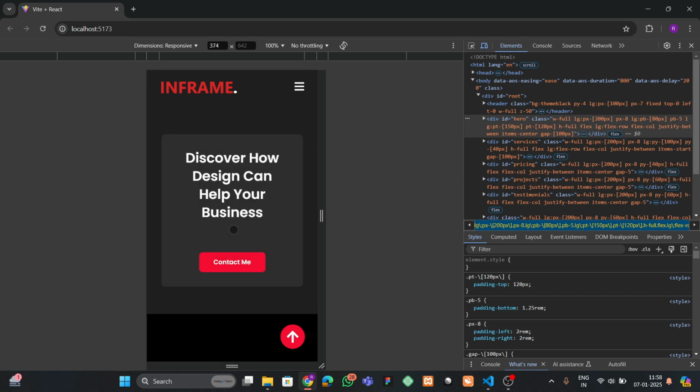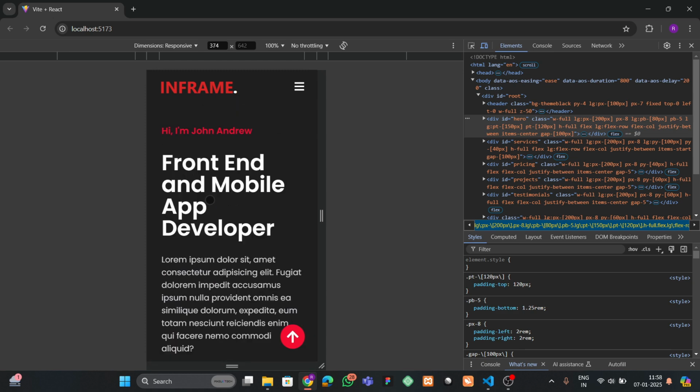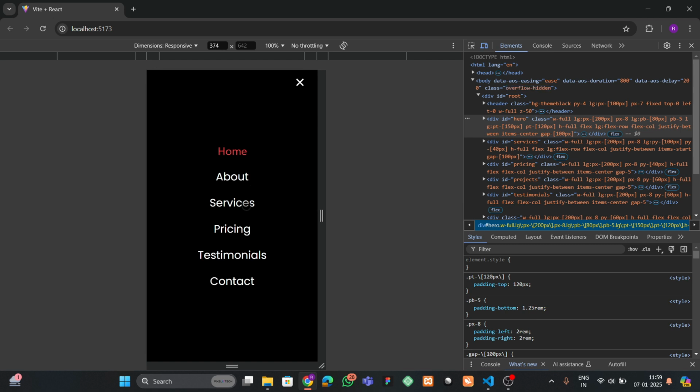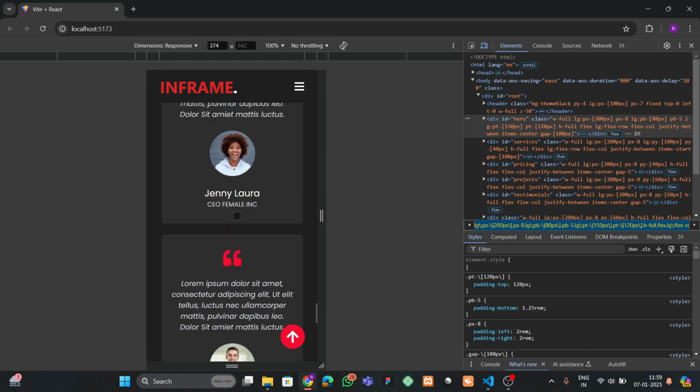Okay, and at last we have our footer, and if I click on this it will take me to the top of the website, and also you can see that we have this menu. So when I click on this services it will take me to the services, similarly to the pricing and testimonial and contact. Okay, so we're gonna build this whole website from start, and I will give you all the images